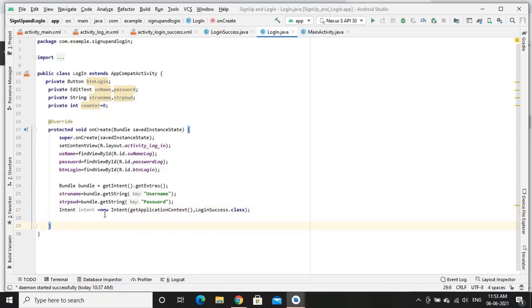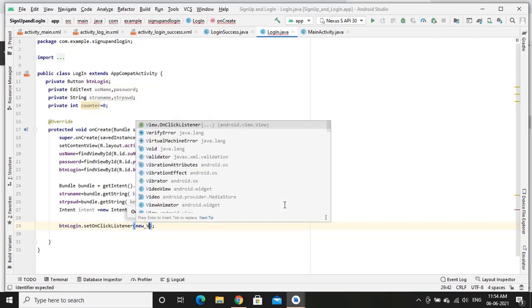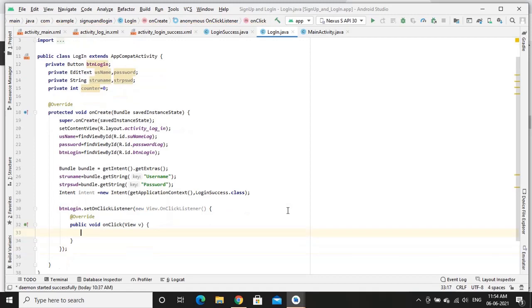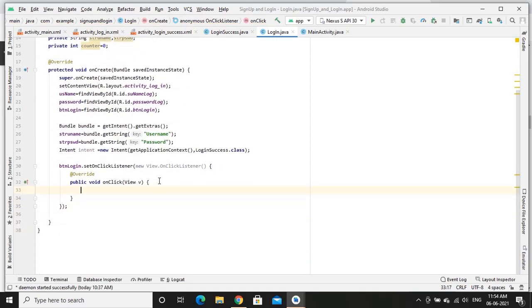Now I need to start this activity only if login is success. So that is why I need to check inside the button click of the login button. So I create set on click listener for login button, btn login dot set on click listener. Inside this, what we need to do?